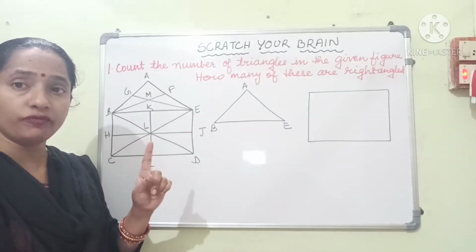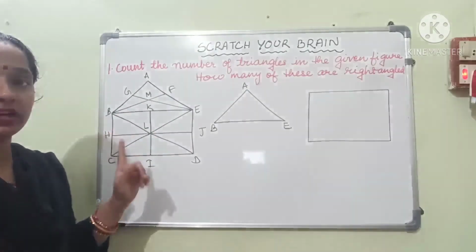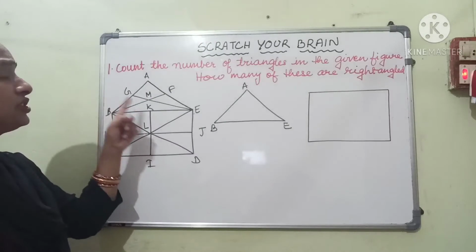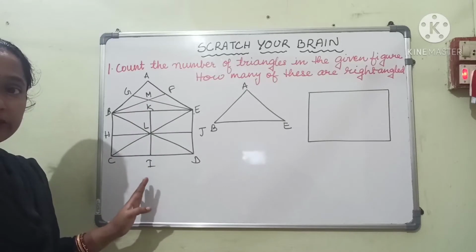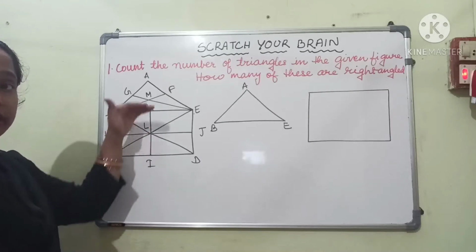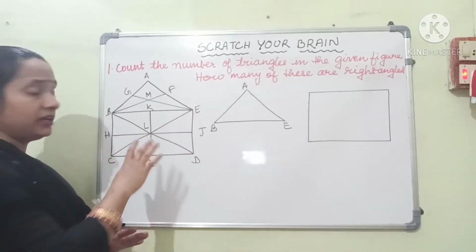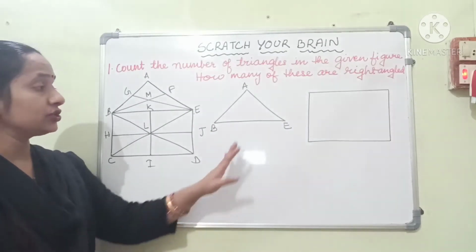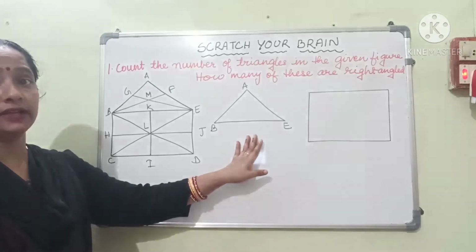So, first let us go for finding the total number of triangles present in this figure. For this, it will become easy for you to identify the number of triangles if you name each and every point present in the figure. I have already named the points present in the figure. Now, in order to find out the number of triangles, first of all, let us divide this figure into two parts. That is, the upper part, it's a triangle, and the lower part, it's a rectangle. So, I have divided these two like this.